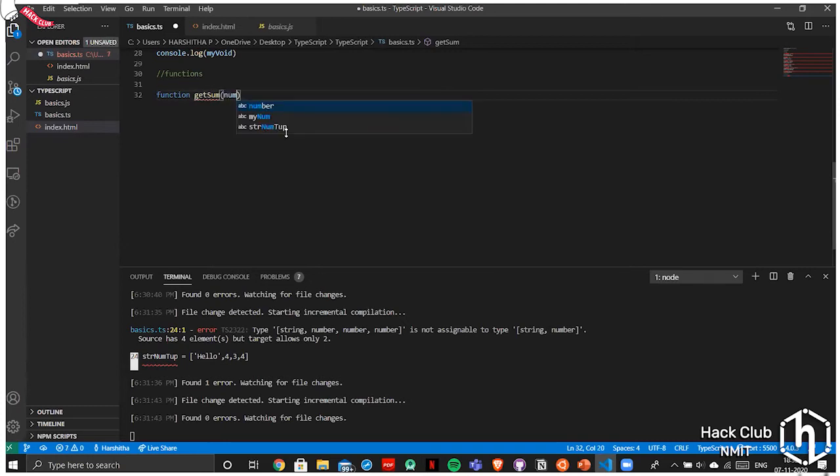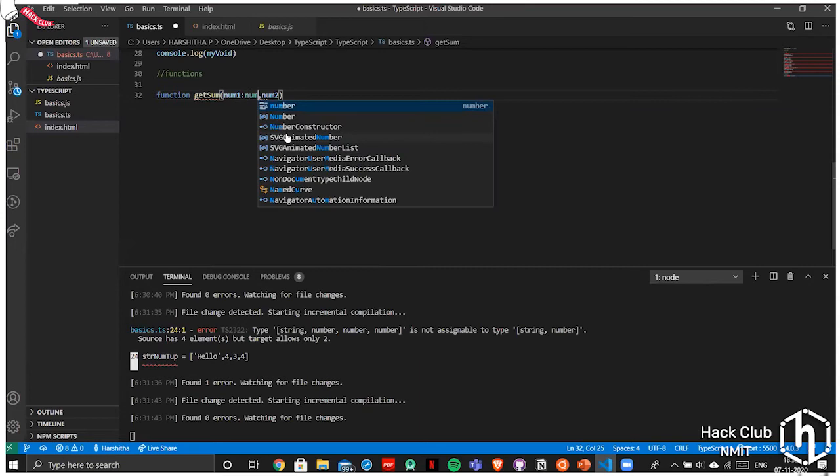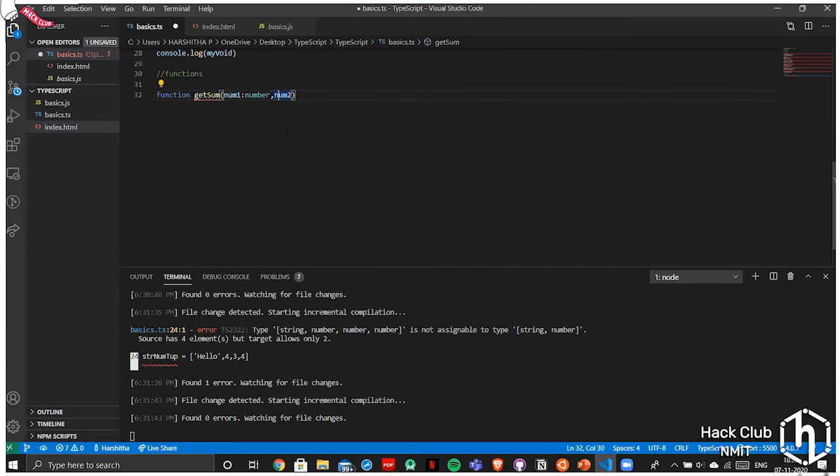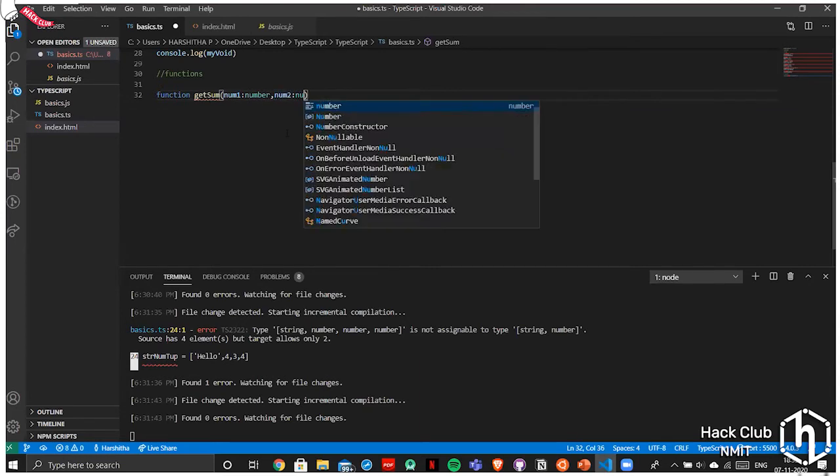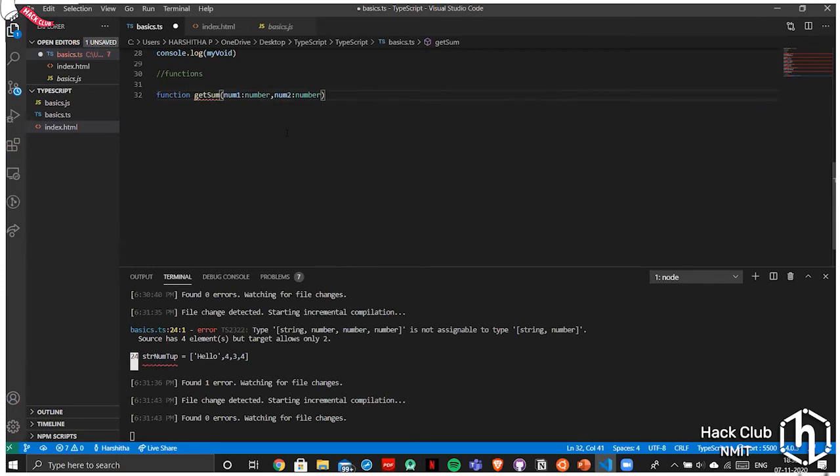This will be num1, num2, and you can declare the type of your parameters. I want a number, and the next one also a number. And the return type of the function also, I want it to be a number.